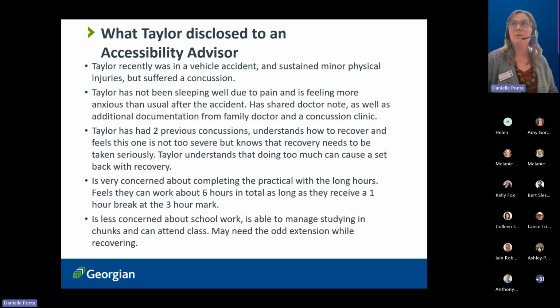The student has not been sleeping well due to pain and is feeling more anxious than usual after the accident. Has shared the doctor's note that they tried to provide to you, as well as additional documentation from their family doctor and a concussion clinic. So Taylor has had 2 previous concussions, understands how to recover and feels this one is not too severe, but